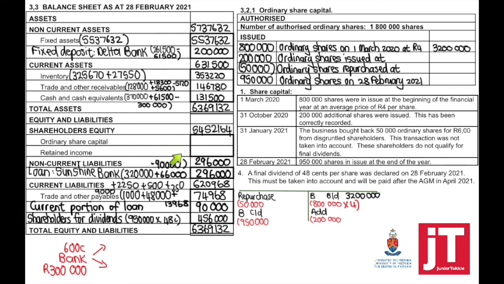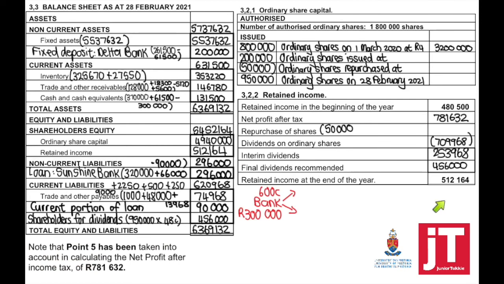Remember, on your answer booklet, the retained income was given to you at the end. If the retained income is given to you at the end, we are going to take the same figure to the balance sheet. Now we can take the shareholders' equity minus the retained income equals my ordinary share capital. So I know now that my balance for ordinary share capital at the end is calculated at